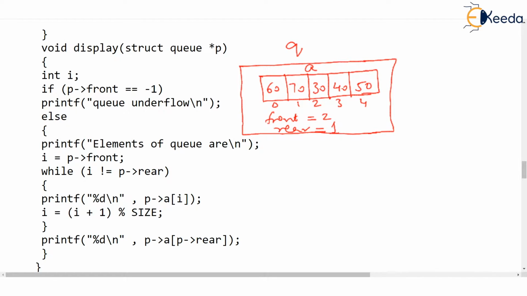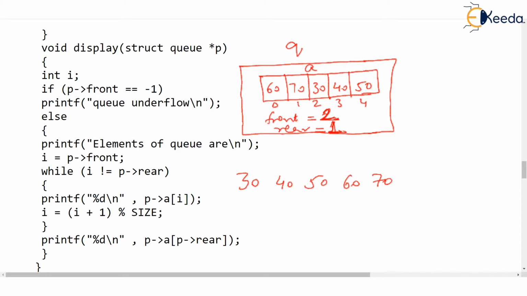Now just imagine that the queue given is as shown on the right side here. If you are asked what are the values stored in the queue, give me them in correct order, then your order has to be 30, 40, 50, 60, 70. Because as you see, front is 2. So the second element, that is 30, is the frontmost. So after 30, it has to be 40, then 50, and from 50, you will wrap around to 0th place. And you see that the last element is stored at first place.